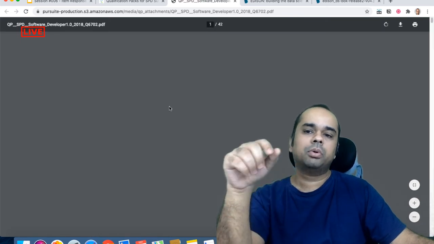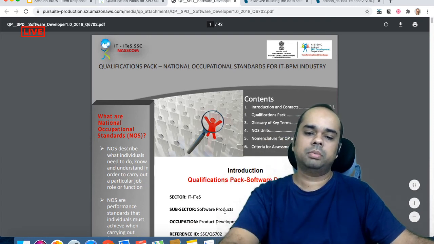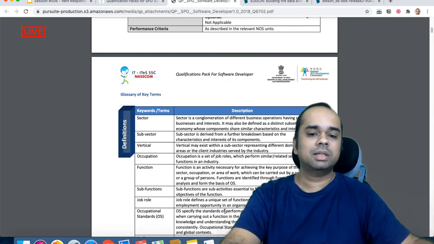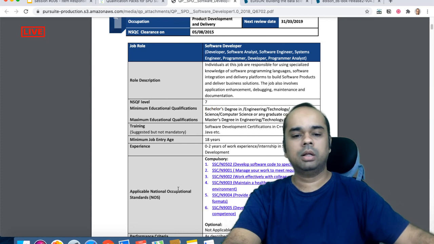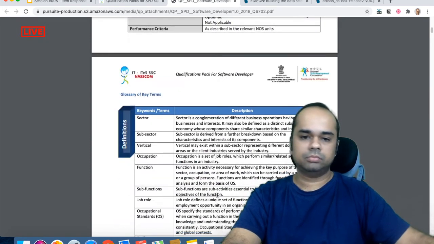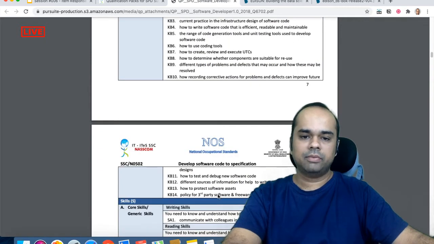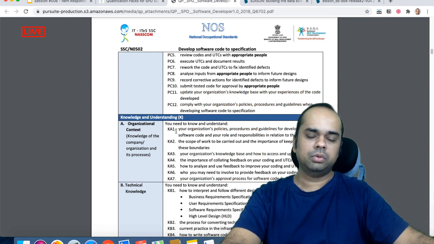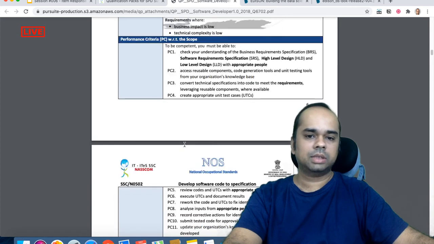The reason why it is important is that if you are able to pinpoint, for a person in this particular sector, this particular subsector, what are the skills that we are looking at, and if we can objectively put them out. It's a fairly evolved document, but it comes to this KA1, KA2, KA3. You need to know, you should be able to do this, and performance criteria and all those kinds of things.